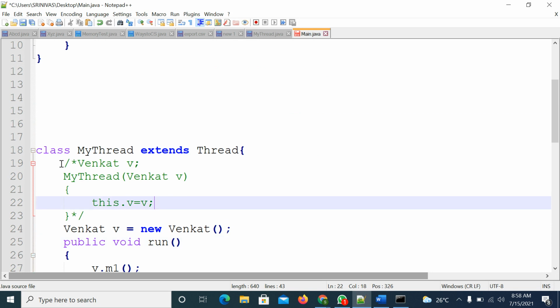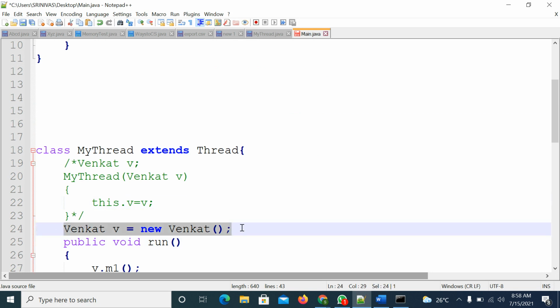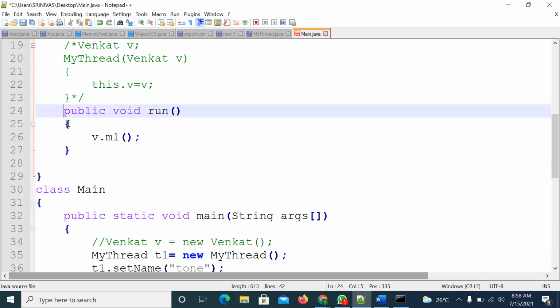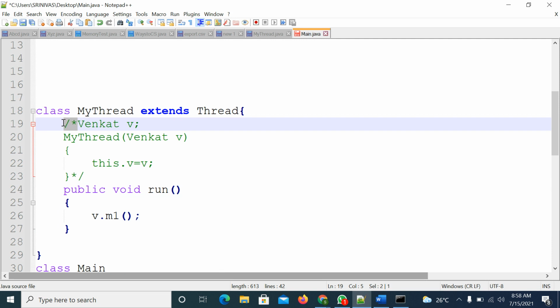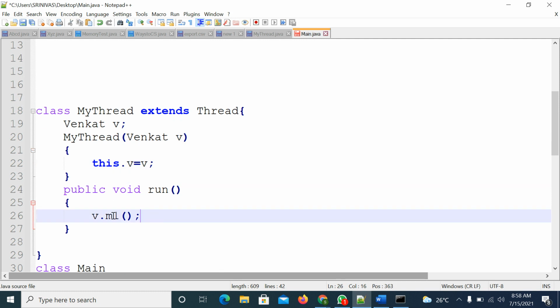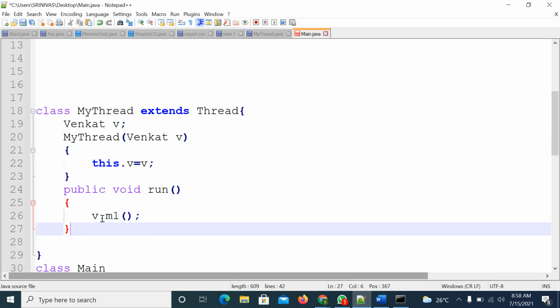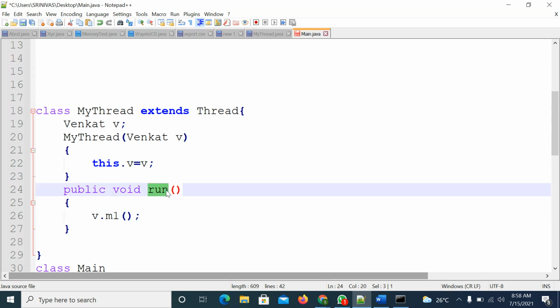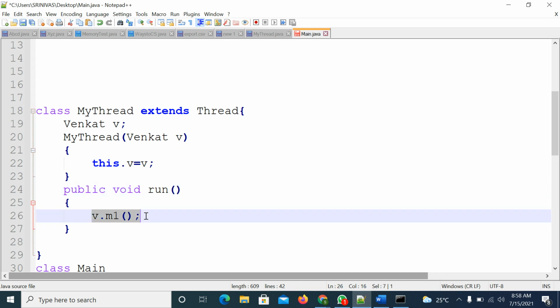So here, for every thread, one object is there. That is the problem. So what I did is make this a single object. Instead of creating two objects, I made it a single object by using this code. I added one constructor. Whenever I am calling the M1 method, I am calling it based on the thread type. Here, whichever thread calls the run method, it is on the same object.